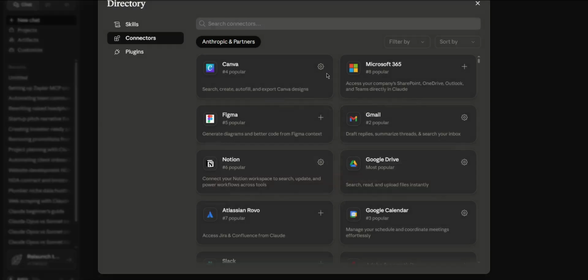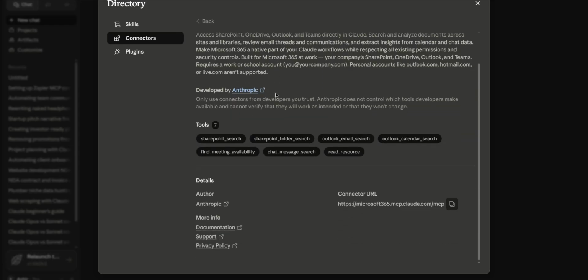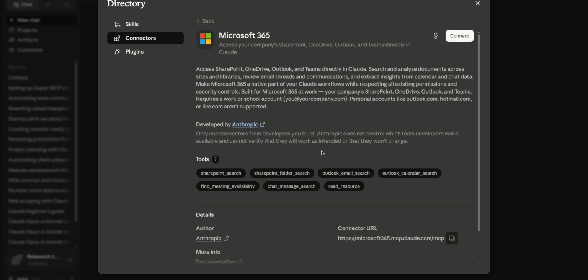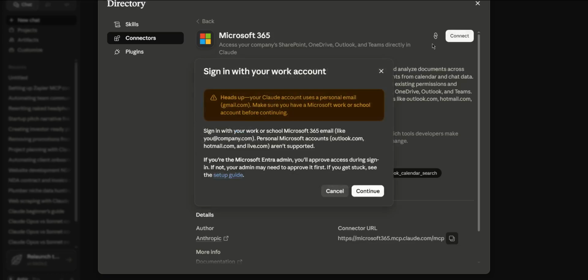Yeah. So just click on add connector option. Over here you will see Microsoft 365 where we can scan, access company SharePoints like 365, which have OneDrive, Outlook, Teams, Microsoft Excel, PPDX, PowerPoint, and Word. Just click on connect and click on continue, and then all you have to do is